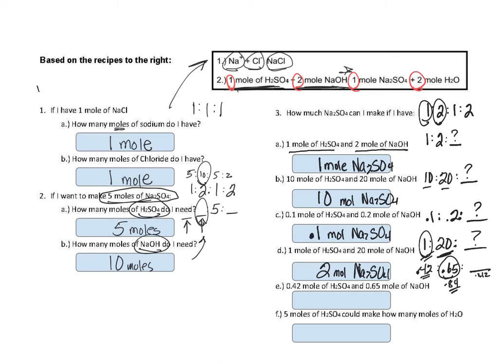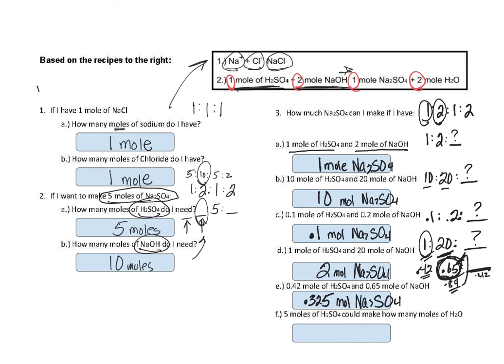I don't have 0.84, so that means that this is what's going to limit how much I can make. So if I have this, then what I can make is going to be half of what I have. So that means half of 0.65 would be 0.325 moles of